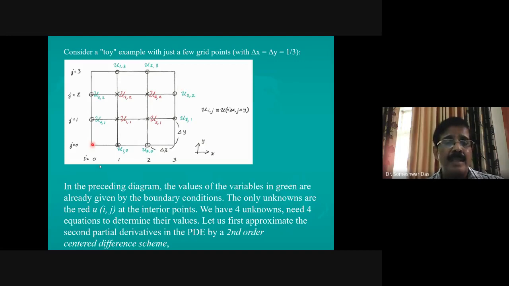Now, in the preceding diagram, the values of the variable in green are already given at the boundary. What I said was that if you do not have the boundary values, then you prescribe them from the first guess. Now you say that in the ERA you have checked there is no stream function. Since you can take any arbitrary value anyway, the only thing is that it will take a lot of time to converge. So what you can do is use the approximate order of magnitude of the stream function, which I have given in my slide later on. The approximate order of magnitude of the stream function is 10^6 meters squared per second.